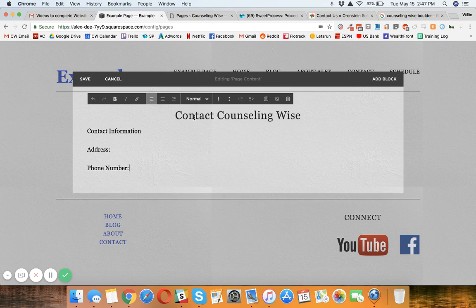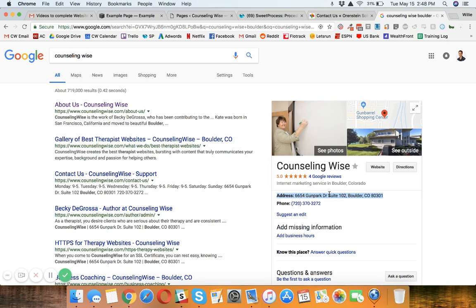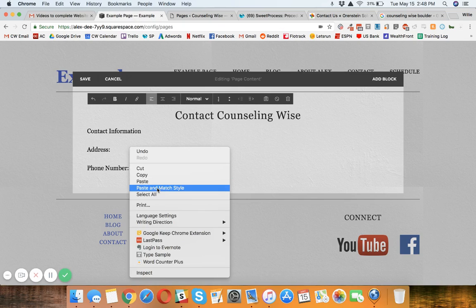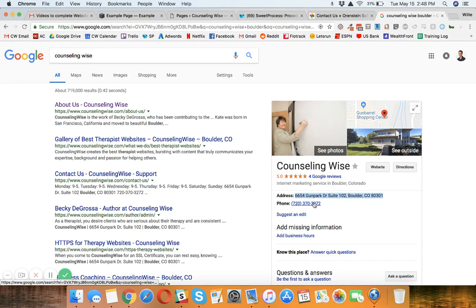We do not recommend putting the email on the contact page because that leaves you vulnerable to spam, to getting your email taken and used maliciously, just getting spammed by bots and by companies that just flood your emails with offerings, and it's unnecessary. So don't put your email on there. What you can do is link your contact form to your email, which is a good workaround. But typically start with just plugging in the typical contact information, address, phone number,